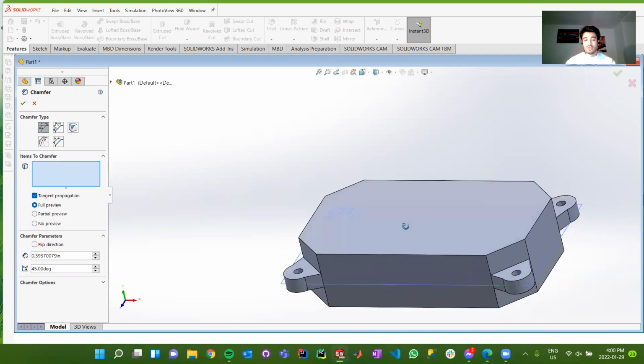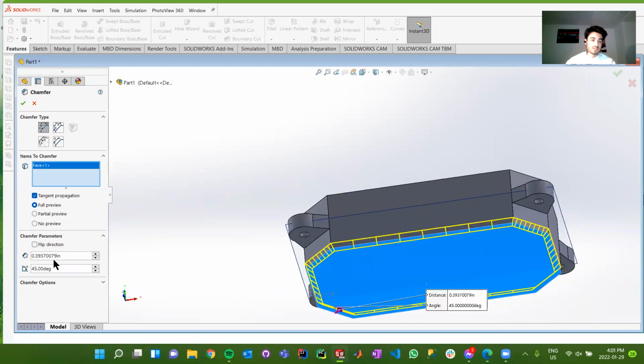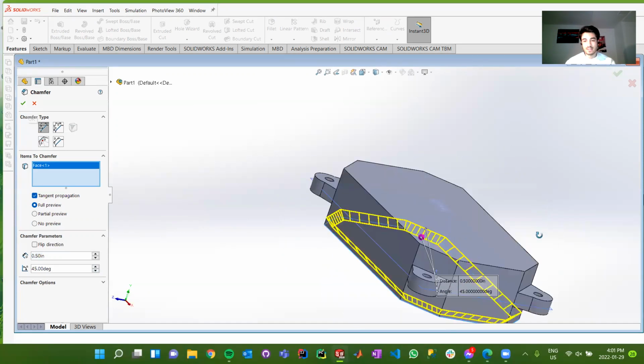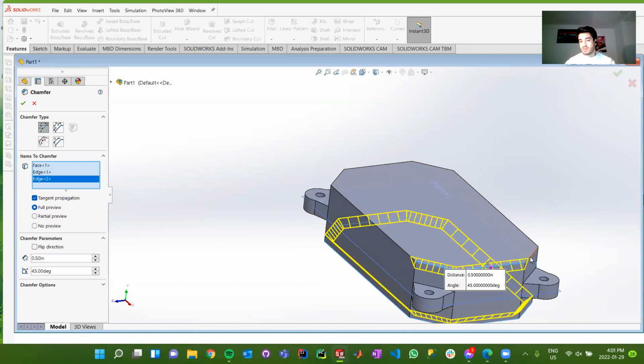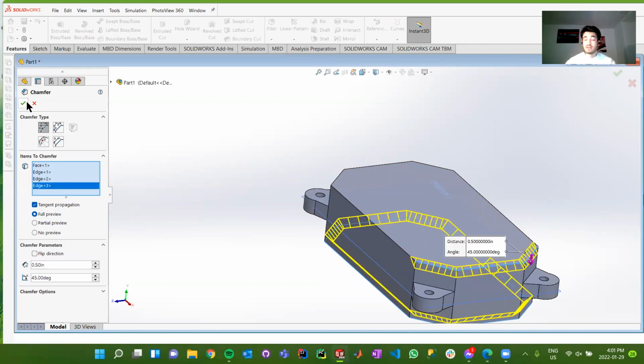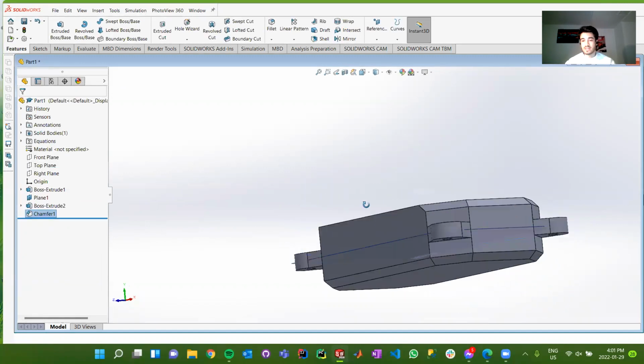So what we can do is we can go and chamfer this bottom edge. So I will make this a 0.5-inch chamfer. And you'll notice you can also attribute an angle to it too, now that we're in 3D. But we'll keep it at 45 just for the sake of keeping it fairly homogeneous. And then what we can do is we can chamfer this back edge of our chassis as well. And you'll see why I did this particular edge versus the entire top. If we press OK there, you'll see it actually starts to look a little bit more exciting now,